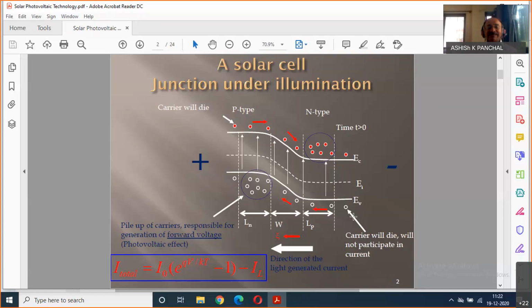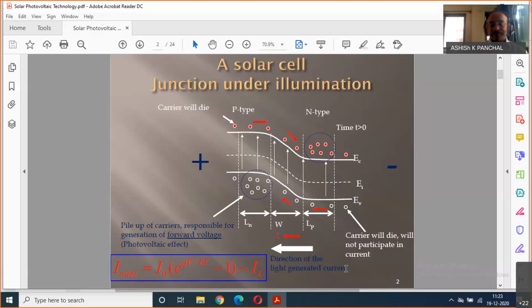Okay, let me again tell you. Because of light, the electrons they get generated and immediately move inside the N side, and holes they pile up on the P side. Okay, see, there are many holes on the P type and many electrons on the N type. So what will happen? P type is positive charge and N type is negative charge. It means that, when P is positive and N is negative, what is that condition? That condition is the forward condition. So here, due to light, forward voltage is generated. Forward voltage is generated. Okay, and hence